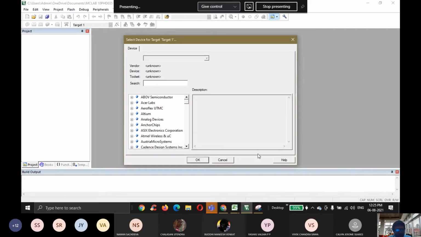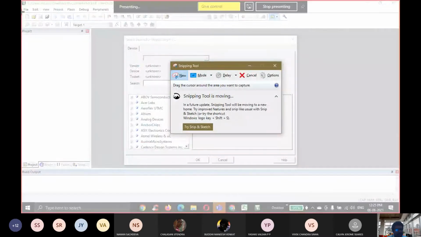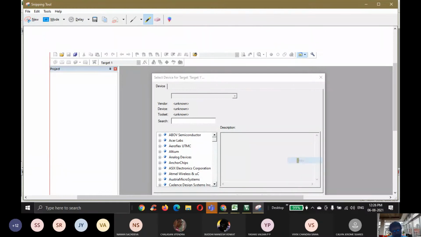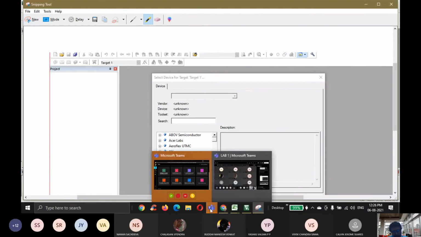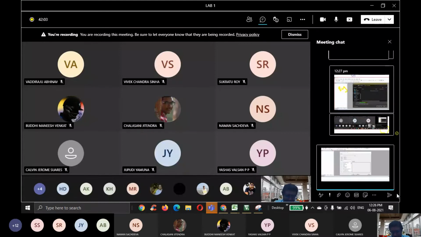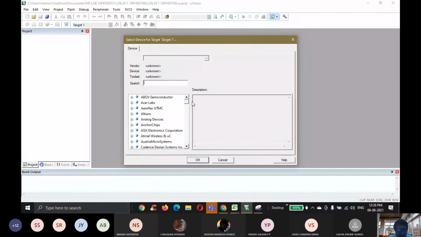Okay. It will ask for this window. So this window will give the list of vendors. So what are vendors? It is nothing but the product developers, the IC manufacturers, who will provide the list of ICs which are supported by Keil MicroVision 5. So this particular platform supports these many ICs. So you can see the different vendors. Why are there this many ICs?